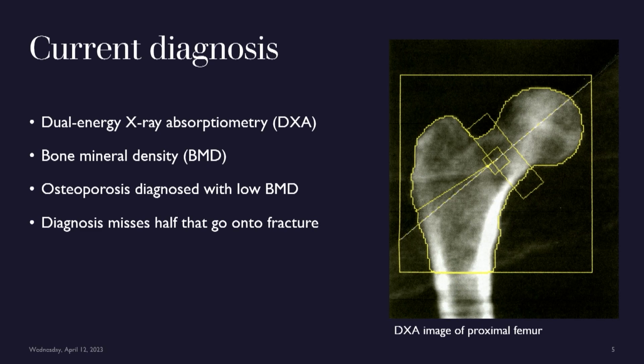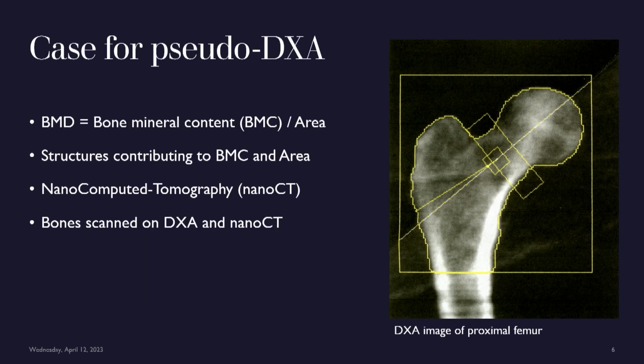The main indicator you get out of this is bone mineral density. And that's based on this small rectangular box, and it's a ratio that comes out of there. Osteoporosis is diagnosed if your BMD is 2.5 standard deviations lower than a healthy population, which is good to have an indicator. The problem is this diagnosis misses half of people that will go on to fracture. And so we wanted to see if we could take this BMD value, because DXA is widely available, it's low radiation,